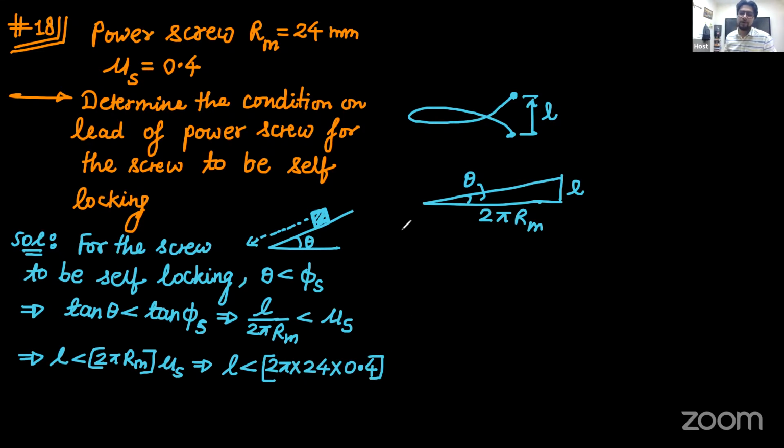If you want the screw to be self-locking, the lead of the screw should be less than a certain value, and that certain value is